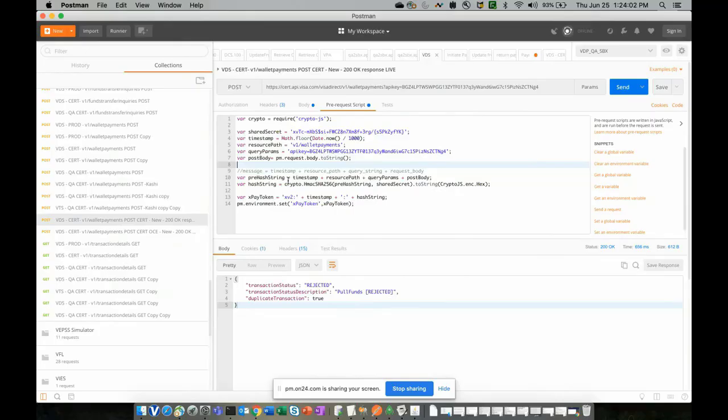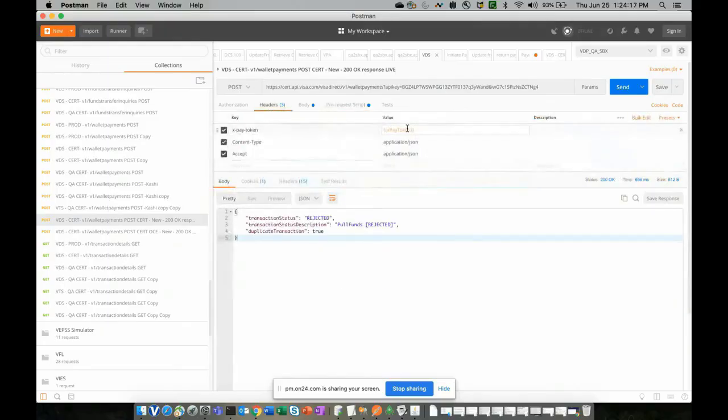Why we have this script is because obviously the XPay token has to be generated dynamically. So we use this script to generate the XPay token. As a result, whatever XPay token is generated will get set in the header value here, and that is what will be passed during the API call. Now let's go to the prereq script.